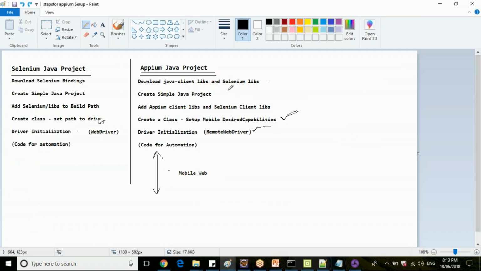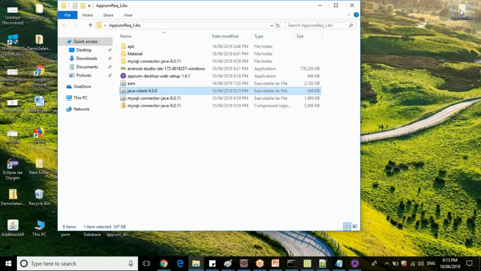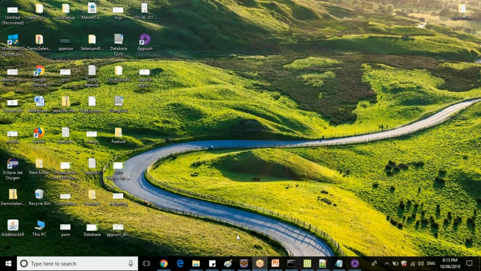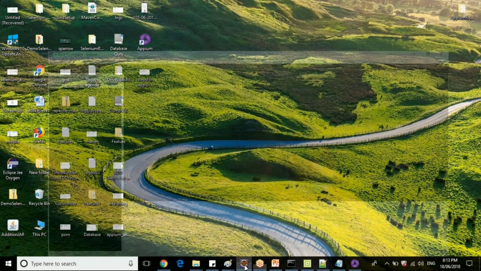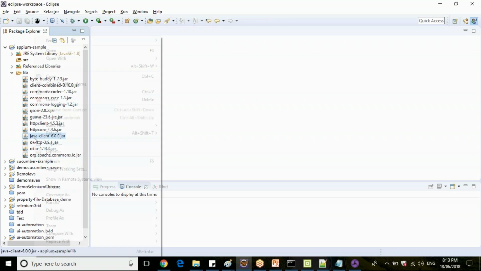Okay. So we have already downloaded and added Selenium libraries. Now we need to add this Java client library, right? So we have downloaded the Java client library here. Java client 6.0. Copy this jar file, paste in Eclipse, add this jar file also to build path.